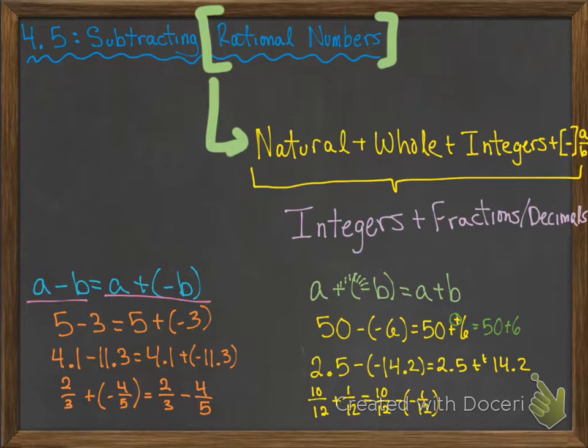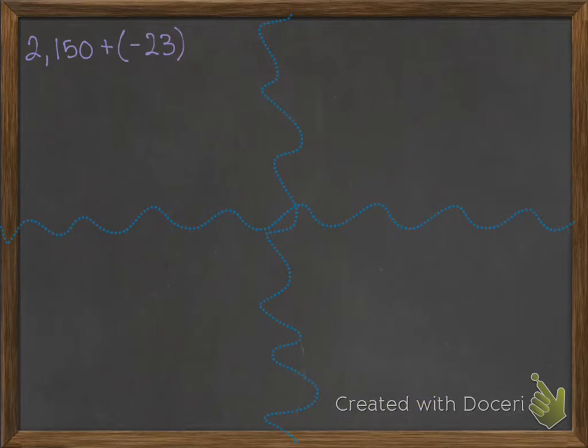And there we go. Okay, so you might want to jot down these two equations. Subtracting a positive is the same thing as adding the negative, and subtracting a negative is the same thing as adding a positive. Okay, so let's look at some problems. I'm going to do one example for each of integers, fractions, and decimals, so we'll have 6 total problems on this page. So the first one,